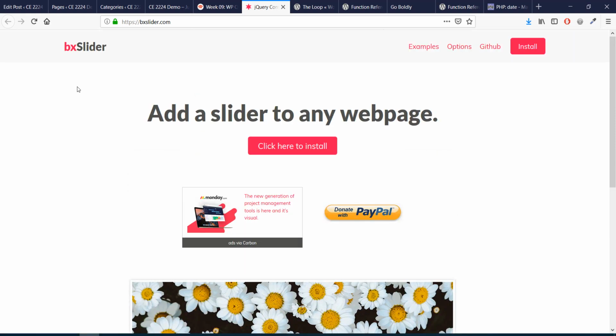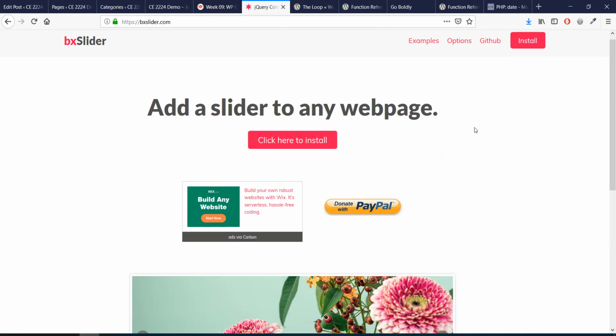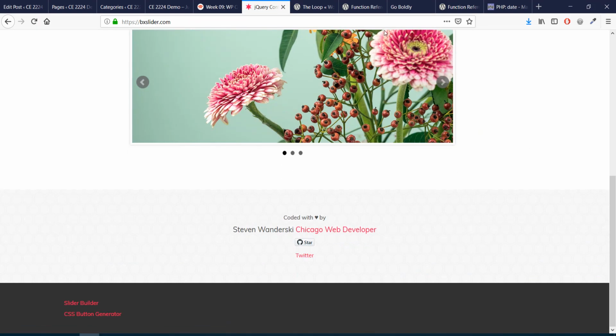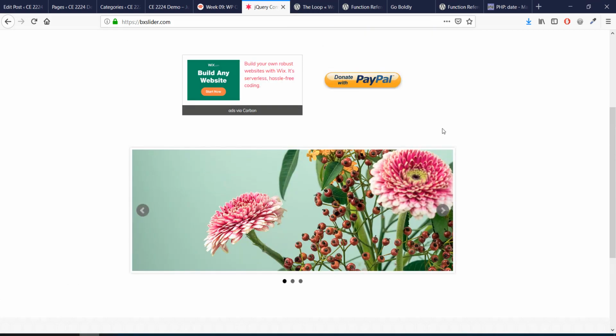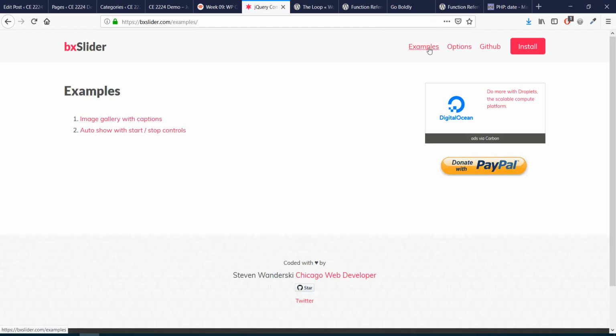I particularly like the BX slider because it's relatively simple right out of the box, when you want to do something very simple. When it comes to doing some more complicated options, it can be a bit more complicated. But if you're just trying to do something quickly out of the box, it's good for that. It's also naturally responsive, so you don't have to add anything extra to make it responsive. But yeah. So, BX Slider. If you go to bxslider.com, I have a link on the class website, but under examples,